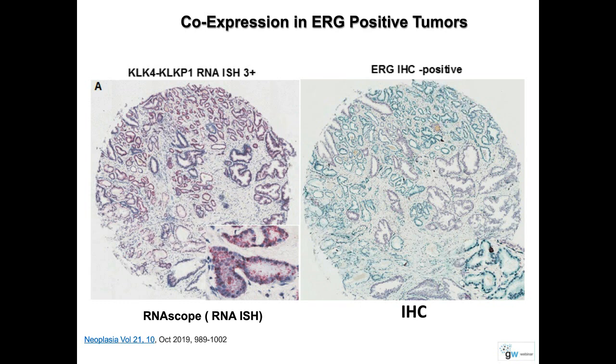On the right side, we did immunohistochemistry using the ERG antibody, and all the green signal shows ERG protein expression only in the tumor tissue but not in the benign. Similarly, using RNAscope, we showed that in the same locations where there is cancer, we see expression of the KLK4 fusion as well. Since this is an RNA assay, we don't have to do it under fluorescence mode. It can be done under bright field, so it is easy to interpret the results, like reading immunohistochemistry. That is the power of RNAscope, which anyone can take advantage of.